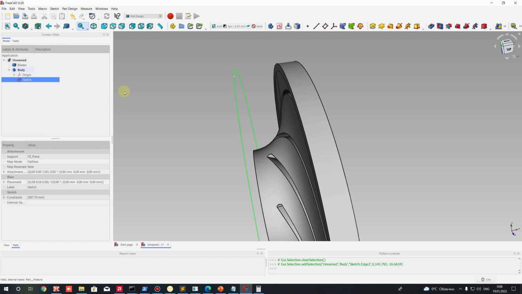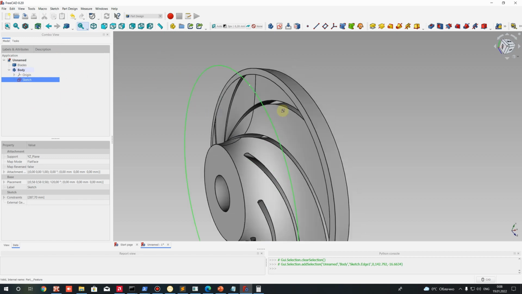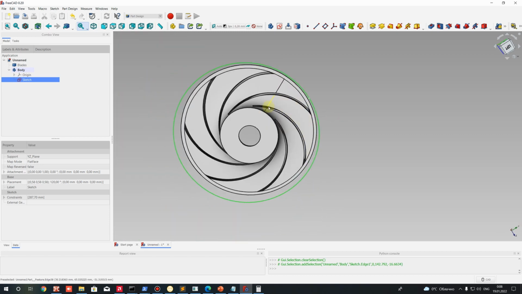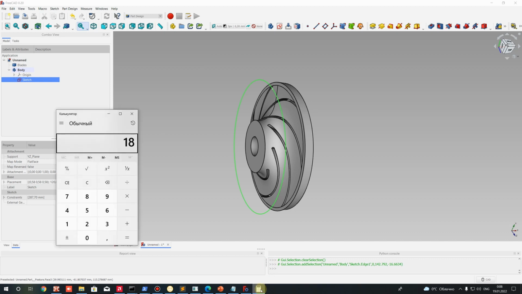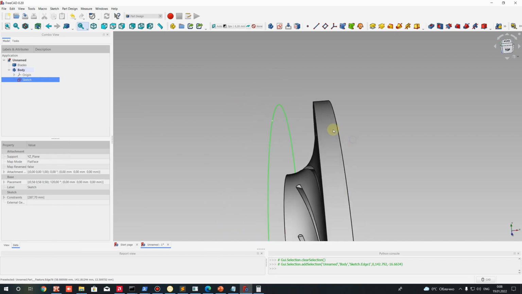So I think we just can multiply this value and get the B3 value. It will be a width of our